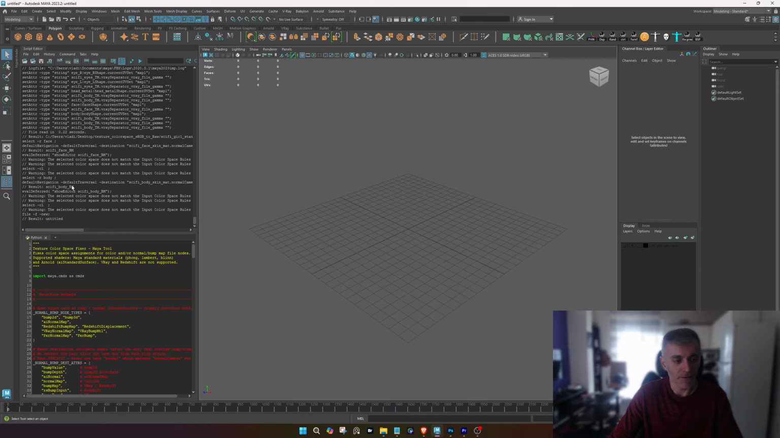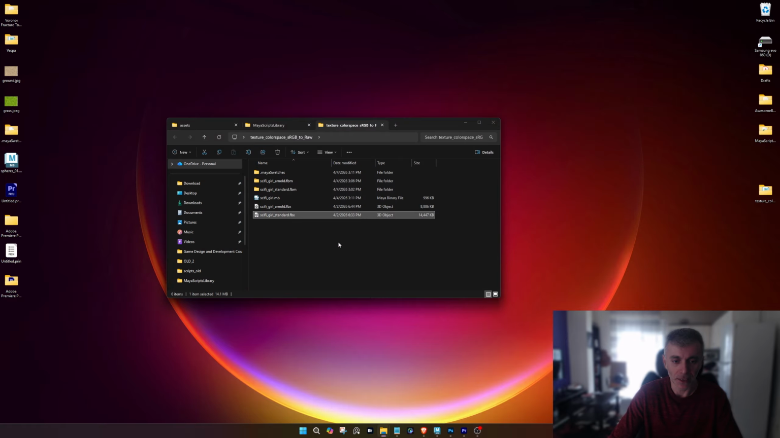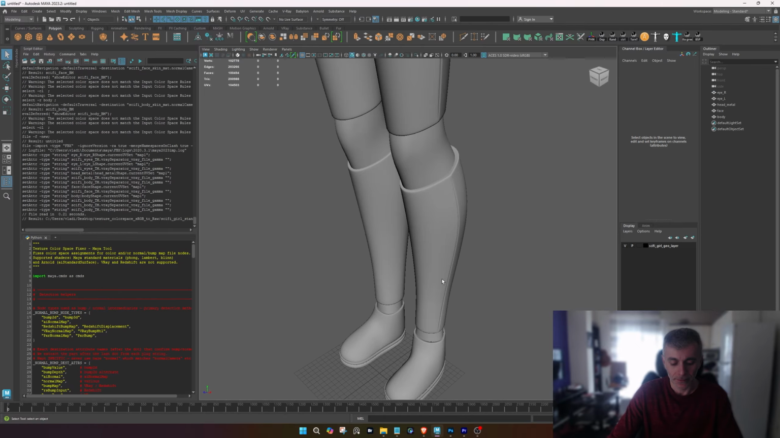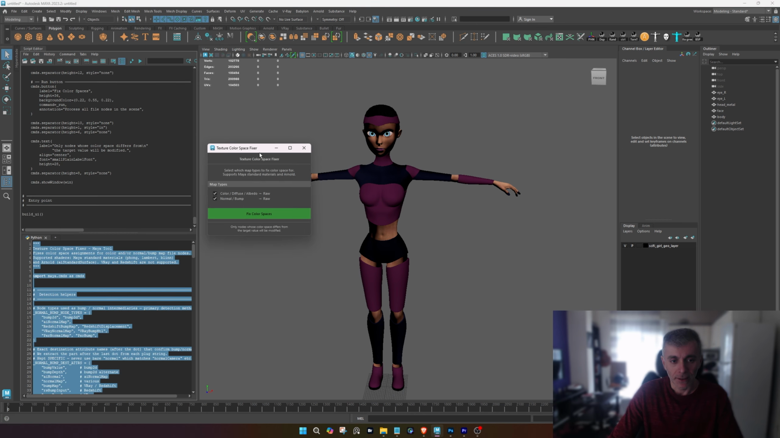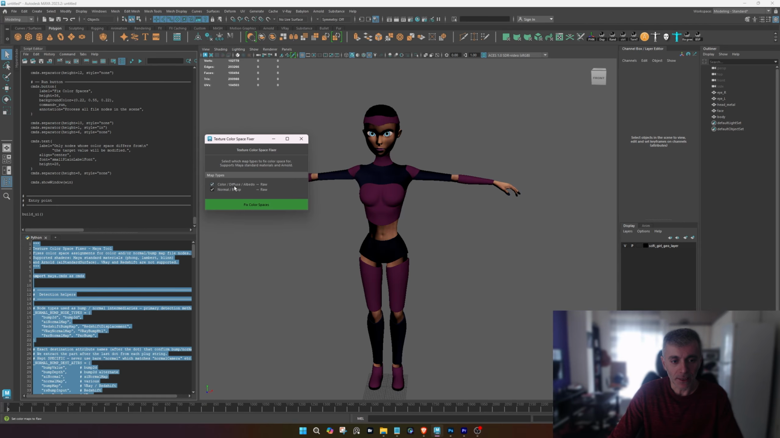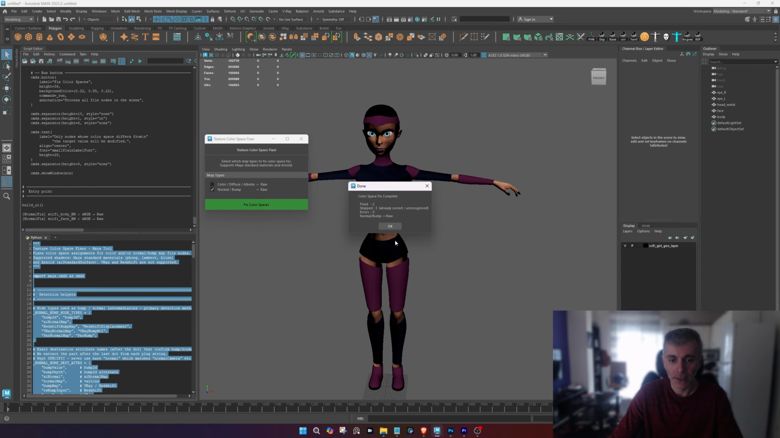So if I close again my file and let me reopen it again, if I run, I have created this Python script, and if I run it, as you can see in the UI, it has two options. It will change the color space to raw mode again, those two parameters. Since I don't really need the color to be in the raw mode, I will uncheck this option and just leave the normal one. After that, just click Fix Color Space, and we are getting a message, and after that